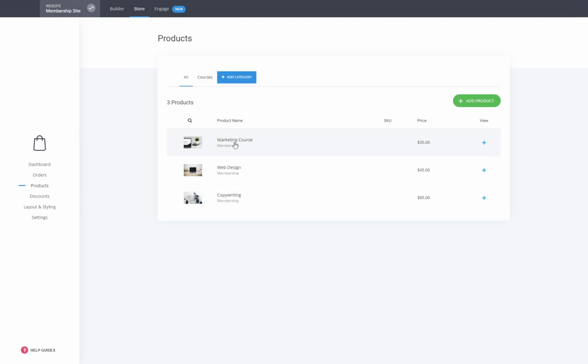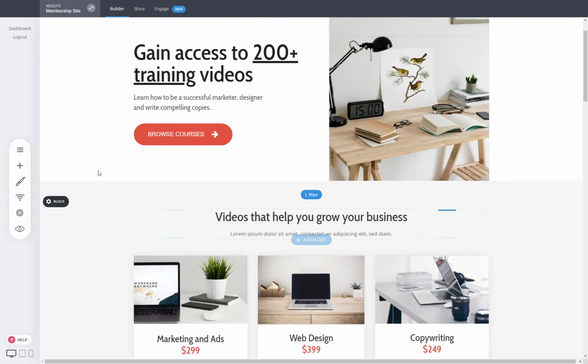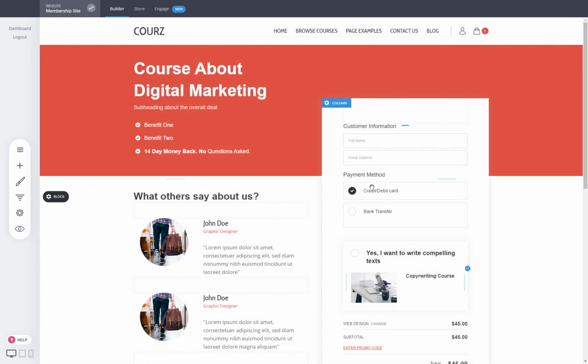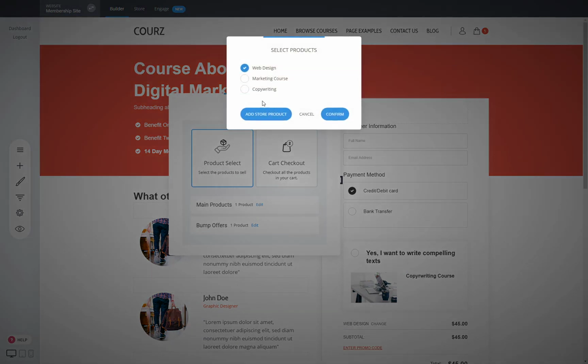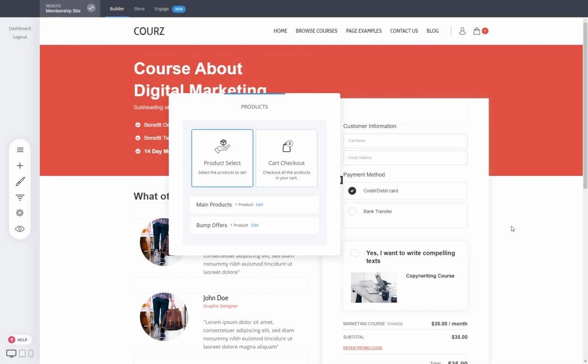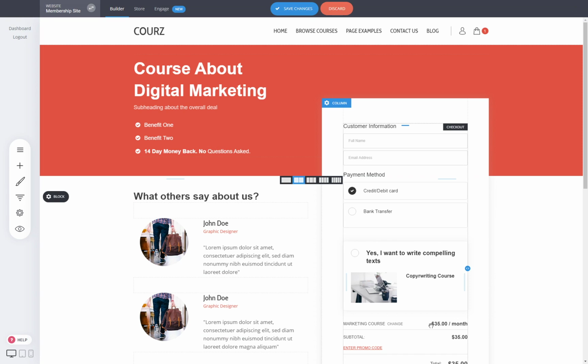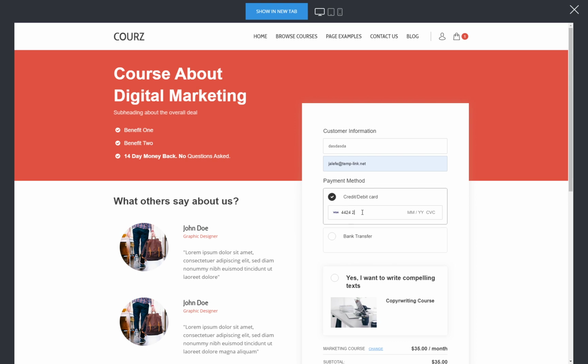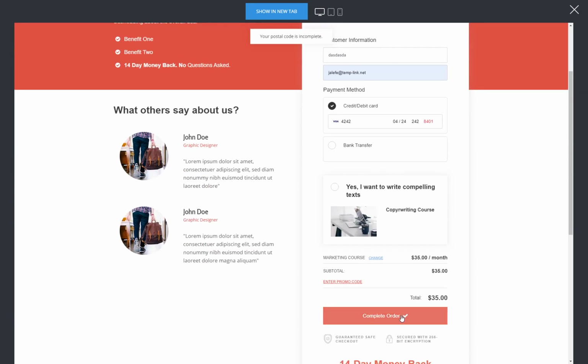So now we want to just buy the marketing course. So how do we do that? In our custom checkout page again, we have to select our marketing course, because we want to purchase access to it. And as you see, it's now not a one-time payment, it is $35 a month. And click on save changes. And now we don't have to log in again. We just have to enter our information here with our dummy card from Stripe and that's it. I just click on subscribe, complete order actually, and just like that you've